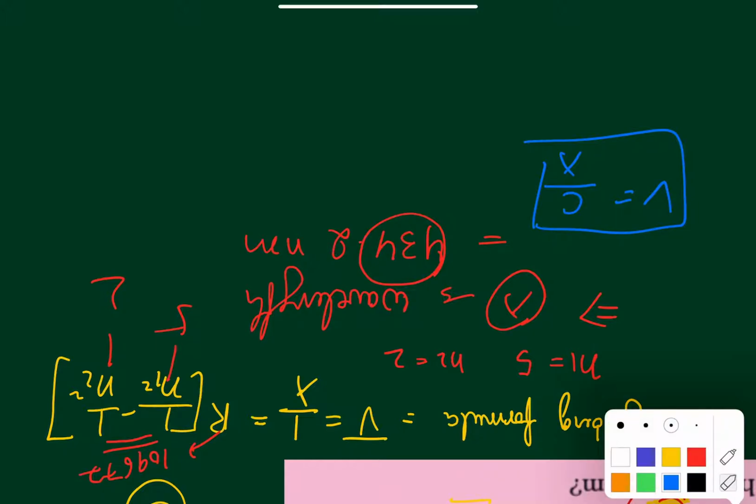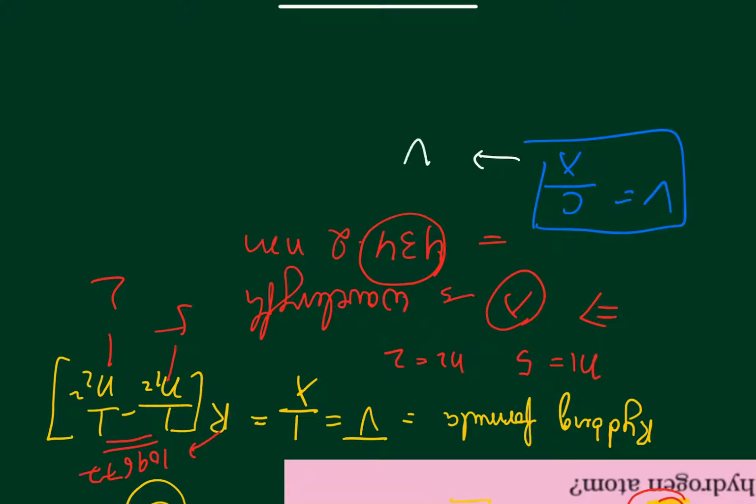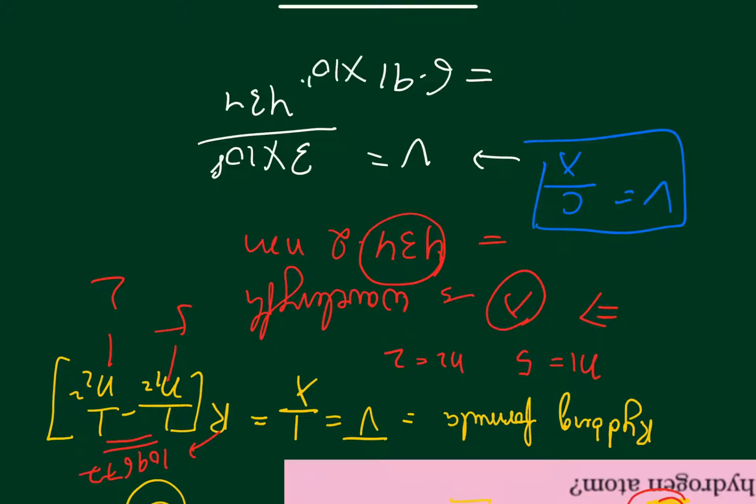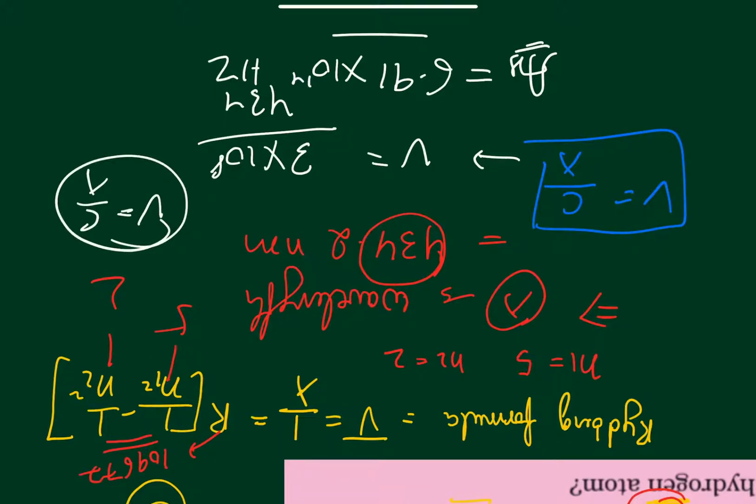Okay, so now you can put this equation and you can write nu is equal to 3 into 10 power 8 by 434. This will be your frequency, 3 into 10 power 8 by 434, and this frequency will on calculation come out to be 6.91 into 10 to the power 14 hertz, and this will be your answer. This is using calculations you can do, which you will be able to calculate easily. The thing is that nu is equal to C by lambda, you already know this. So this is the formula that you need to keep in mind to calculate the values.